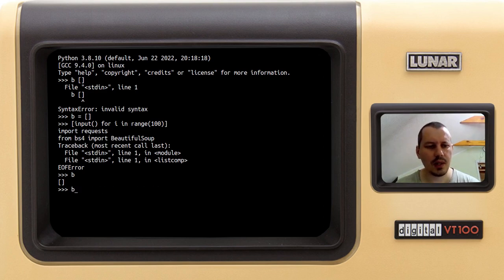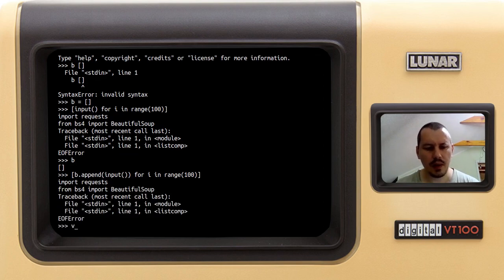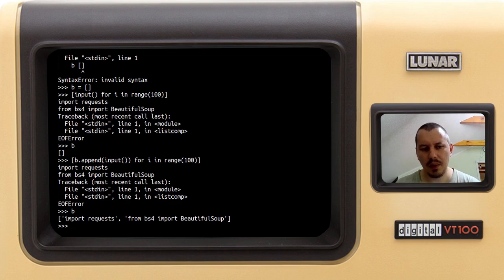So I need to say buffer.append and whatever we have in this input. So again, import requests from bs4 import BeautifulSoup, Ctrl-D. And now if I print my buffer, we already see that there are 2 lines, but examining